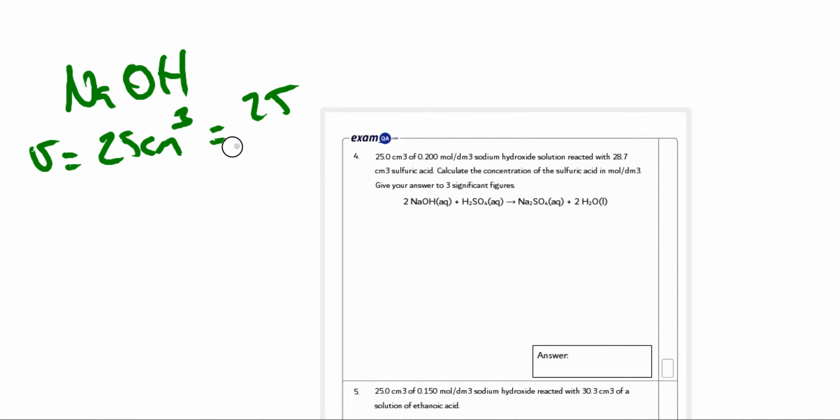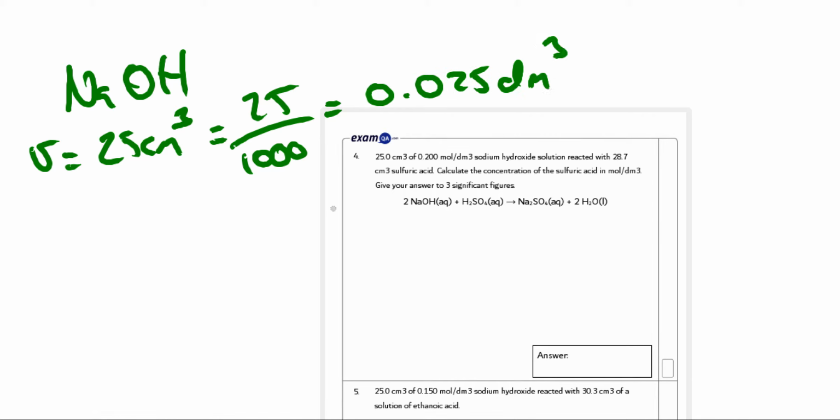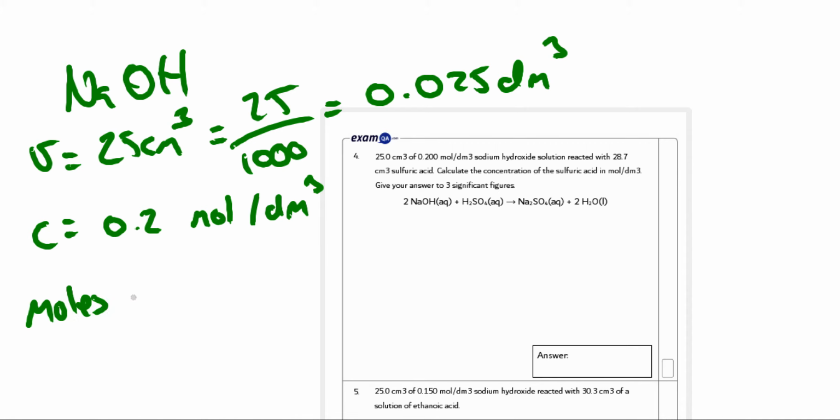So 25 over 1,000 gives you 0.025 decimeter cubed. We know the concentration is equal to 0.2 moles per decimeter cubed, and we want to find what the moles are. So moles equals C times V, which is equal to